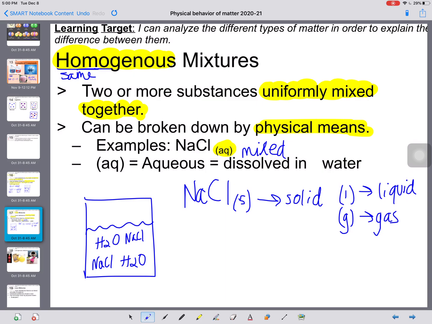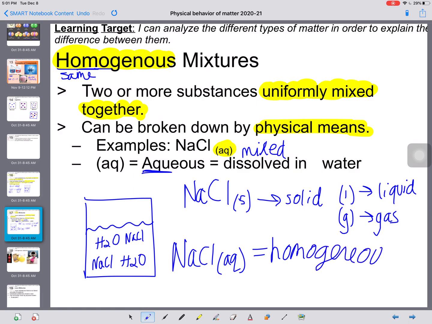So if you think AQ, right, again, if we use context clues, if we think aqua, that means water. So if you see NaCl, AQ, that means that the salt or the sodium chloride is mixed with aqua or water, okay? So it is dissolved in water, and that is a homogeneous mixture,